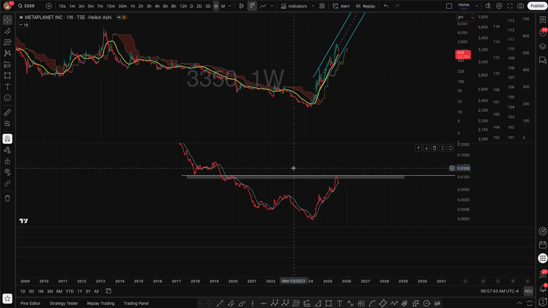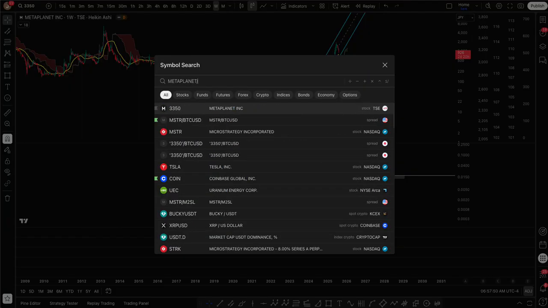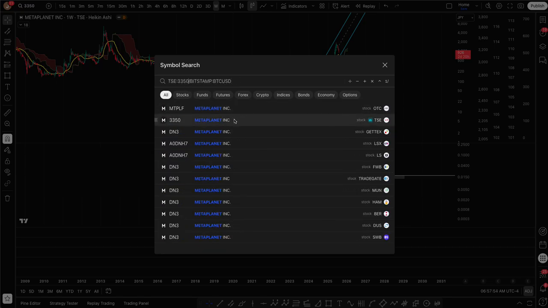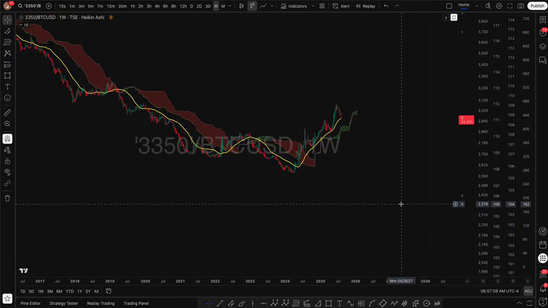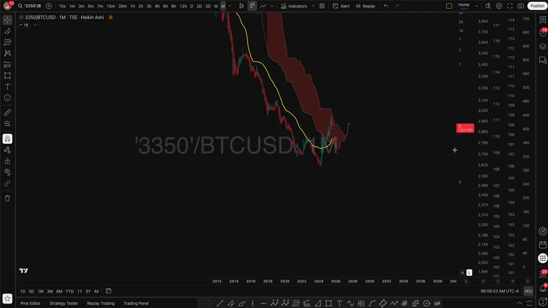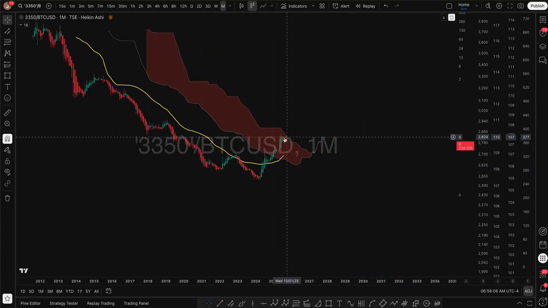And again, what I can do is type in Metaplanet, measured in Bitcoin. Okay, so now we can really get zoomed in here again on the weekly chart, right? So maybe we start out on the monthly this time. On the monthly, we're still in the thick of it on the cloud, right? But we're above the moving average, the 30-month moving average, and we want to get out of this cloud